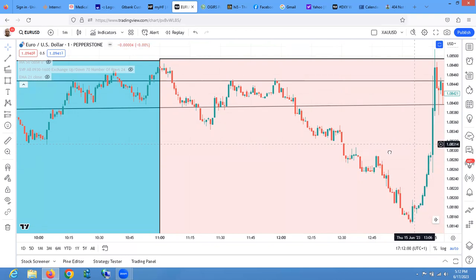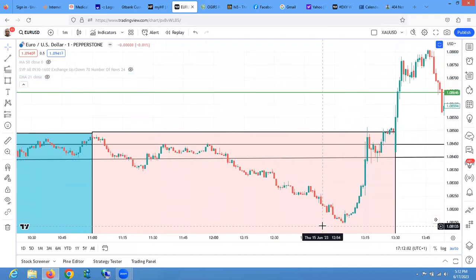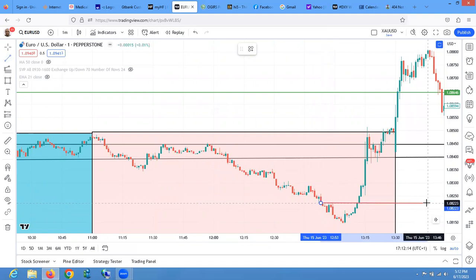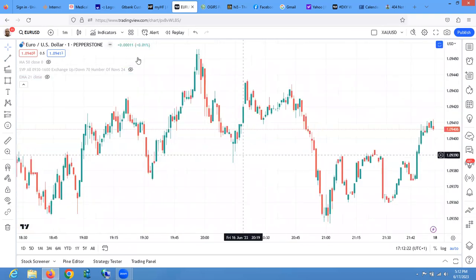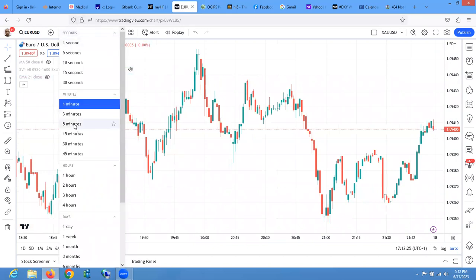And eventually, on this time frame, a break of structure here tells you there is a break of structure. And if you're able to count, usually it's very difficult, you might quickly notice that there is a break of structure. But on a 1 minute time frame, you will try. So let's go back on the 5 minutes time frame